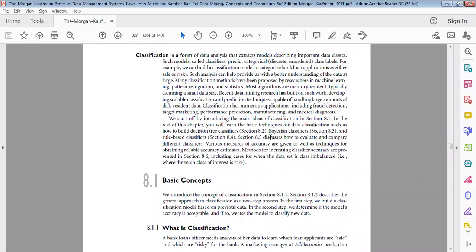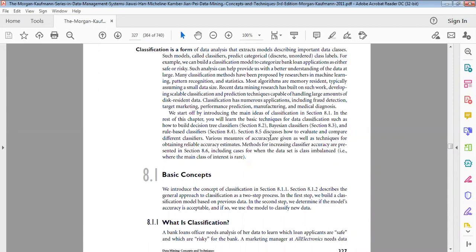Here you have to see classification, the basic classification methods. In the basic classification methods, mainly you have to discuss the basic techniques used to build decision trees and Bayesian classifiers. How we can divide these classification methods: Bayesian classification as well as rule-based classification. These are the concepts you have to discuss in the third unit, and in the fourth unit we have to discuss